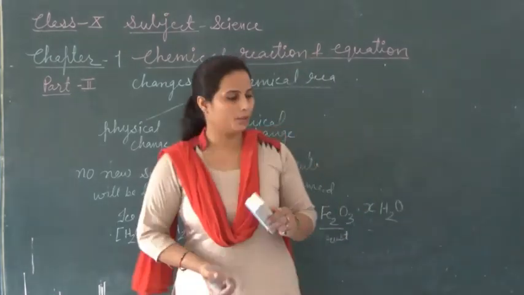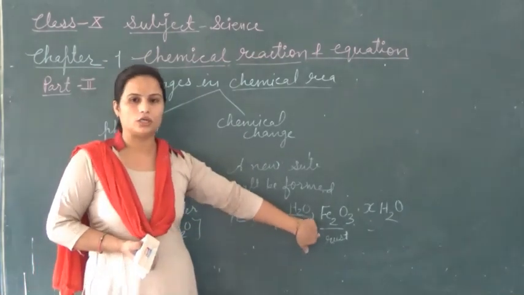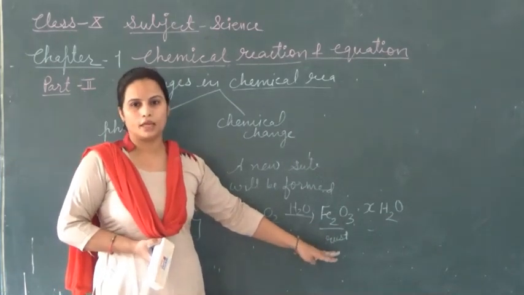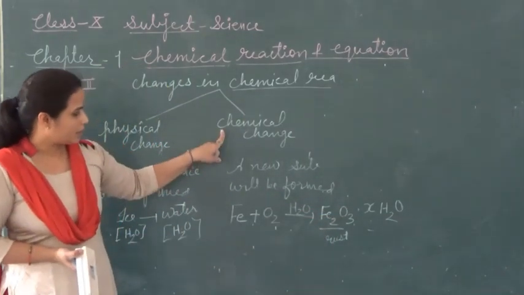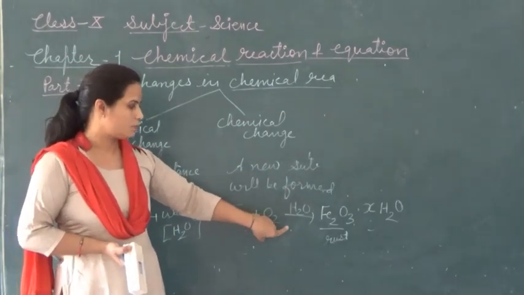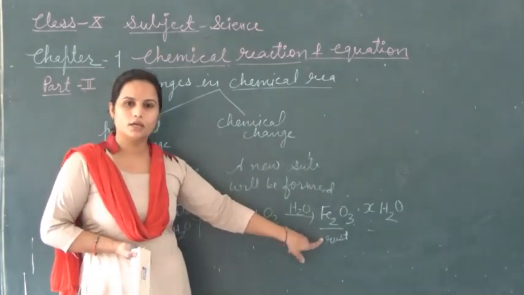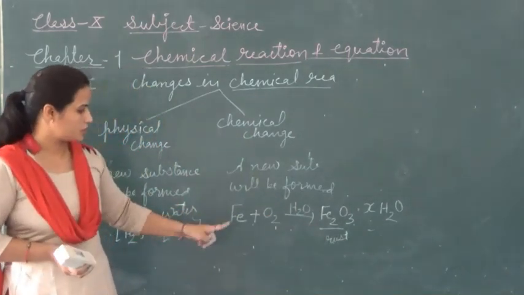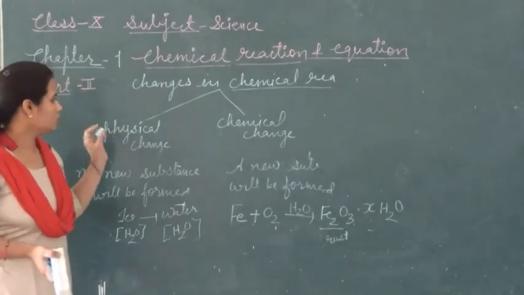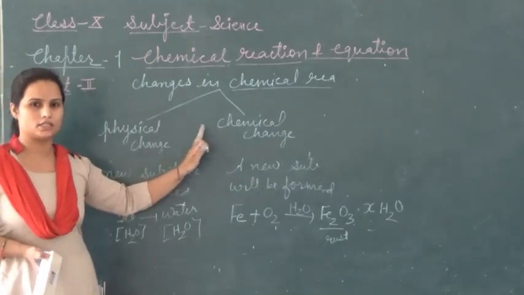It is Fe2O3 dot XH2O. It is formed and depends on the moisture; according to how much moisture the area has, rusting will happen. This XH2O means unknown water molecules; we can say it is the hydrate form of Fe2O3, the iron oxide. So see, in chemical change a new substance will be formed. Iron reacts with oxygen in presence of moisture and forms iron oxide. Iron to iron oxide, a new substance is formed and the composition is also changed. Fe to Fe2O3. Clear? So these are the differences between physical and chemical changes.